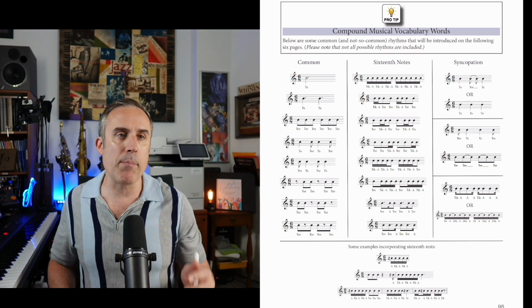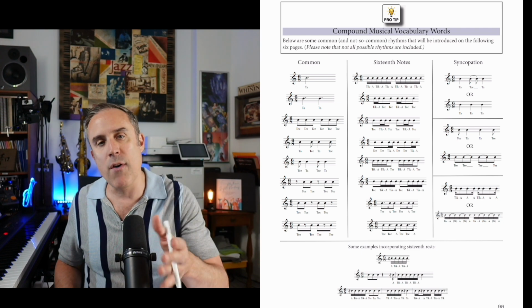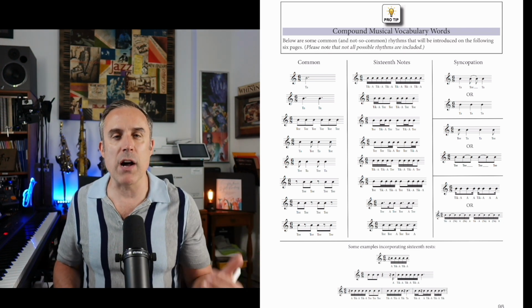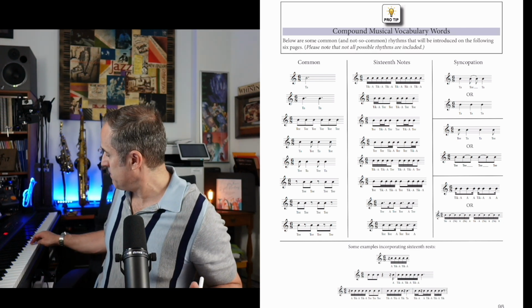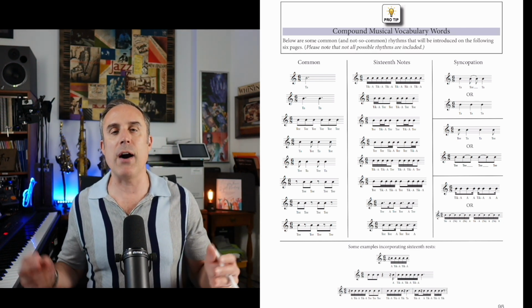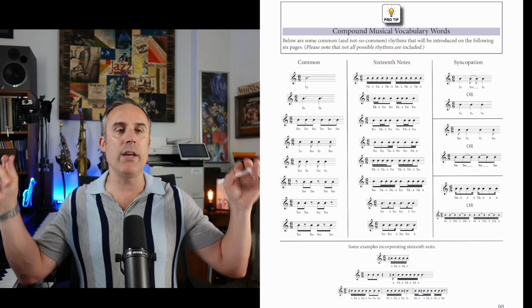So I'm going to start in the upper left-hand corner under common, move over to the 16th note column, then move over to the syncopation column, and then move to the bottom of the page so you can follow along with me. All right, here's my pitch. That's my G3, and I'll give myself a 2-measure count off. Here we go. 1, 2, ready, and